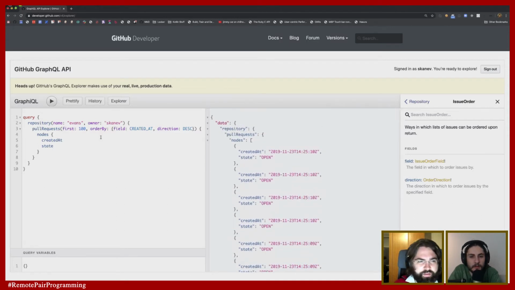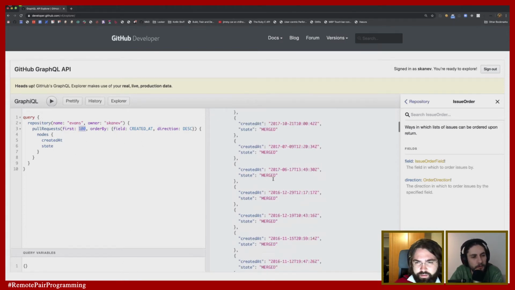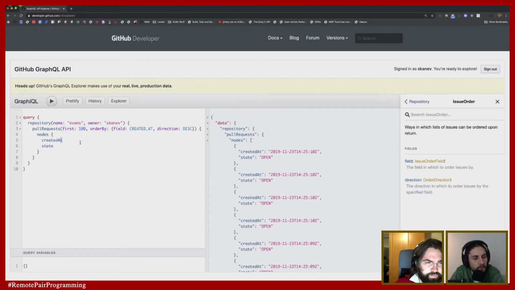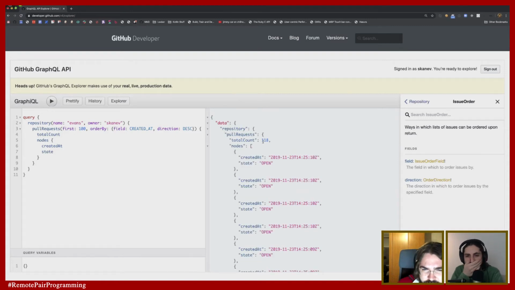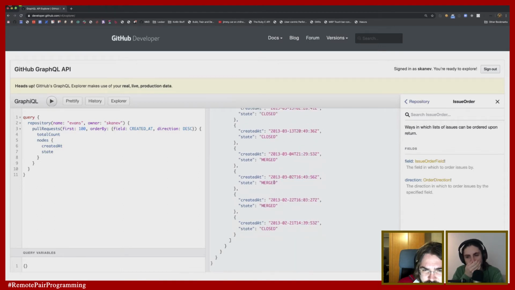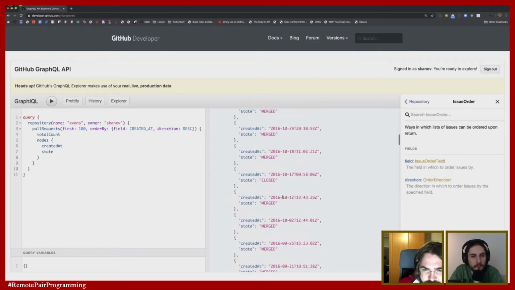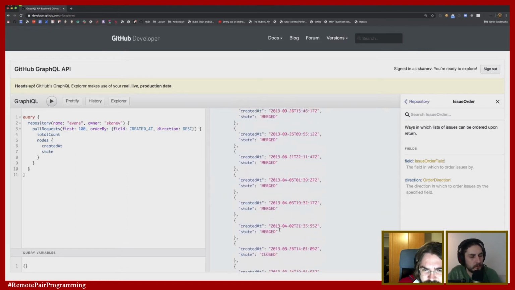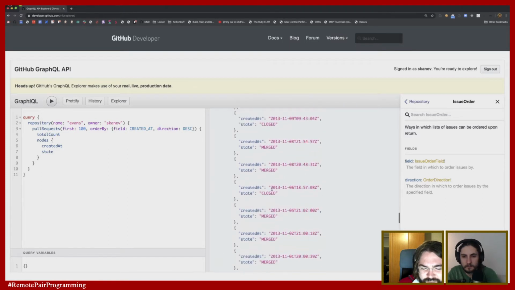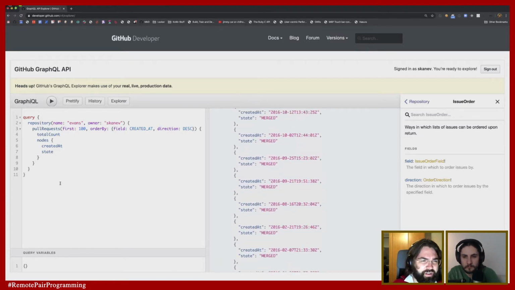So first 100, that means that it will retrieve 100, and then if there are more, it will retrieve more, right? Yeah, exactly. I need to make a second query to get the second page. I'm actually not even sure it's returning 100. It might have a hard limit of 50 or 30 or something. In this one, I don't think I'm scrolling through 100, but it doesn't matter. Let's count them later. So if I want to get a second page, I need to do first and then